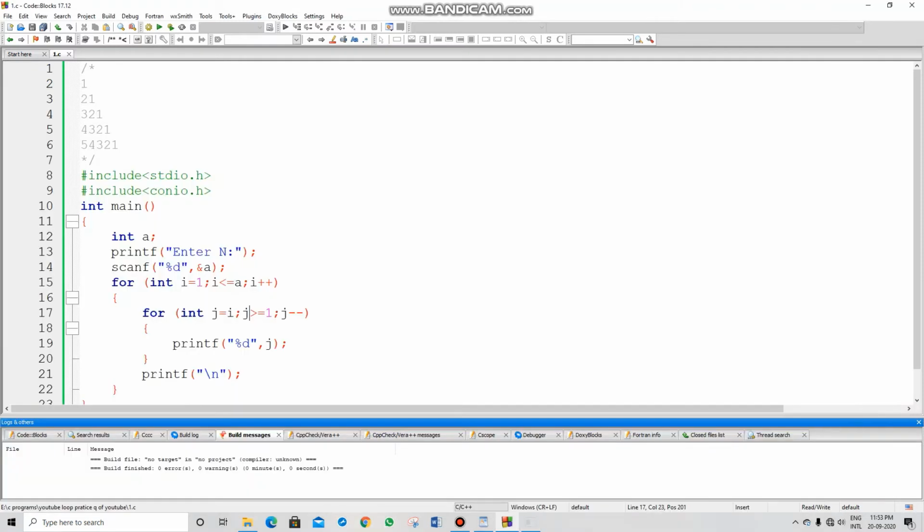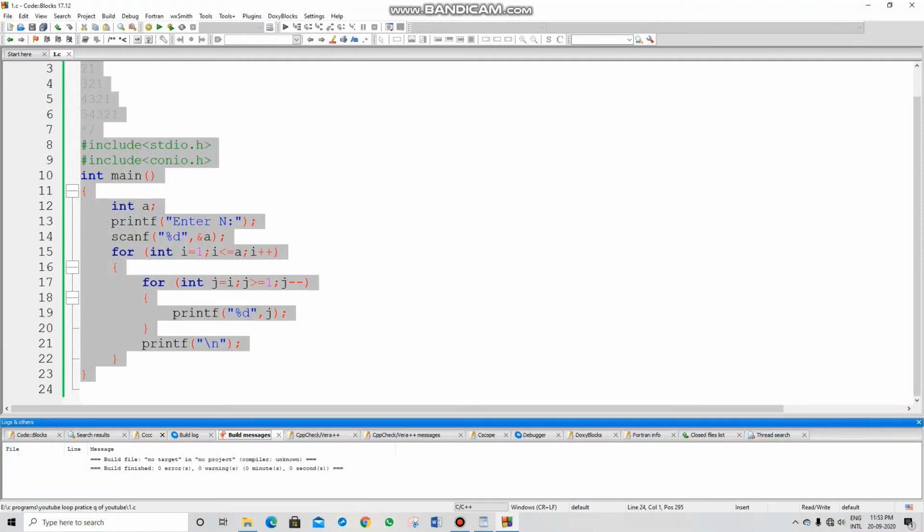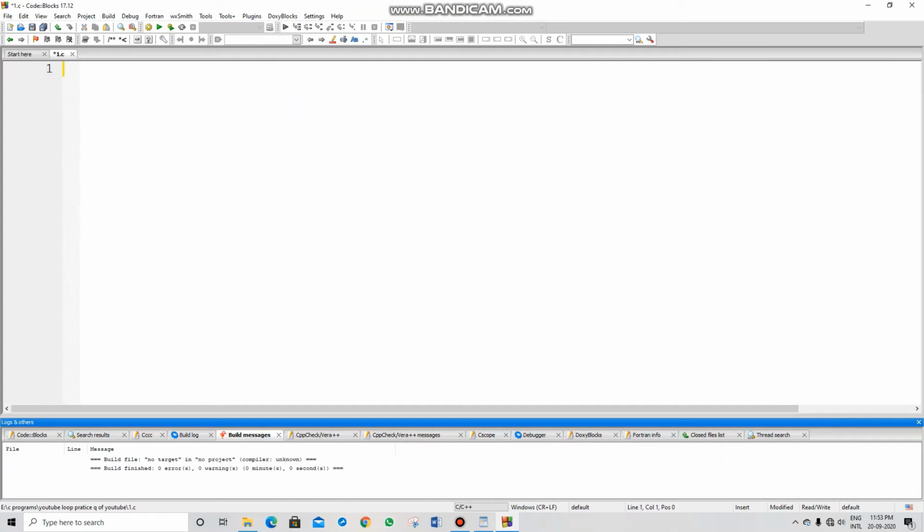So now coming to the third question, where the question is to print 1, 1 2, 1 2 3, then 1 2 3 4, then 1 2 3 4 5. We need to print this pattern. So we are printing this pattern: include stdio.h, then include conio.h, then int main, and in that we are writing